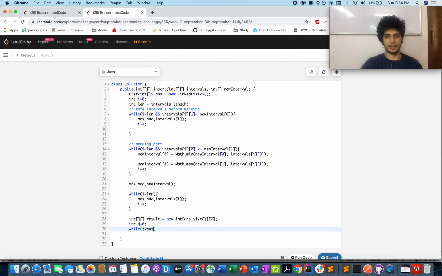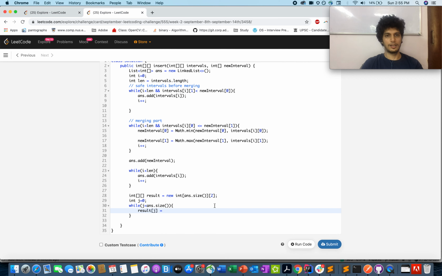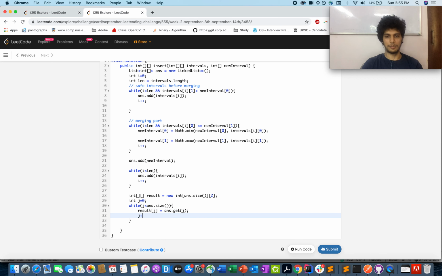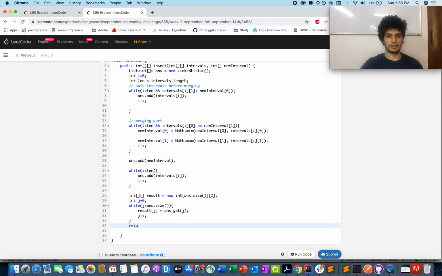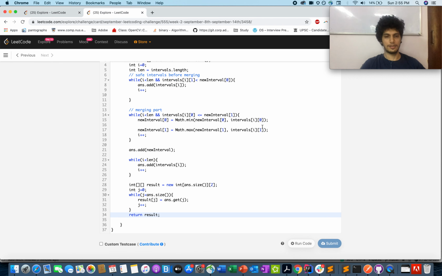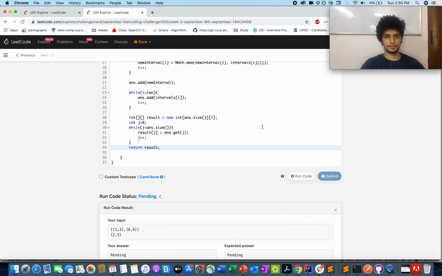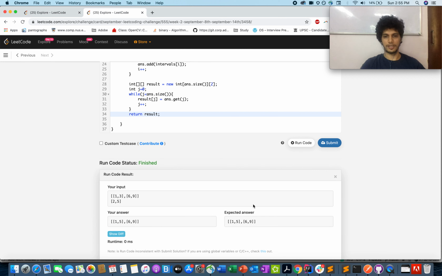J is less than ans dot size. Result of j equals ans dot get of j plus plus, and return your result. That's it. Let's try this out. Yes, we are good.